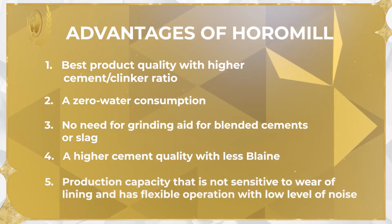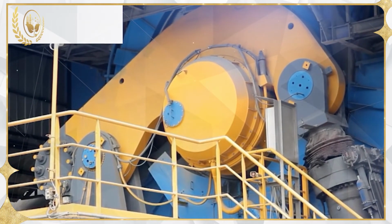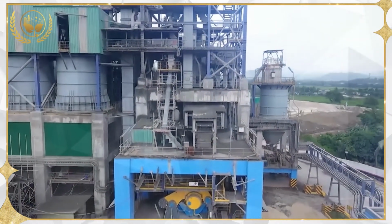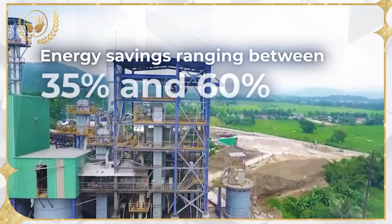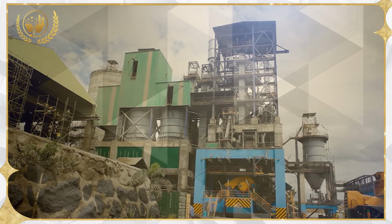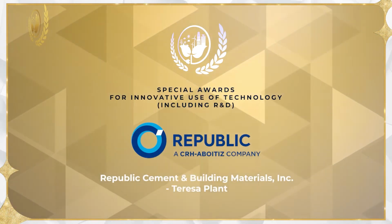Number 5, production capacity that is not sensitive to wear of lining and has flexible operation with low level of noise. As a grinding technology by bed compression, it covers the same application fields as conventional ball mills, vertical roller mills, or roller presses. Industrial results have shown energy savings ranging between 35% and 60%. The initial investment is high, but the return on investment is also attractive with a 2.2 years payback. The winner of this category is...